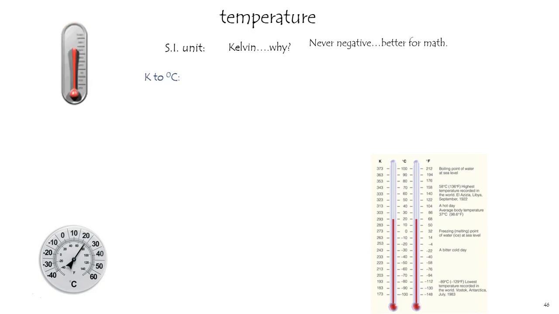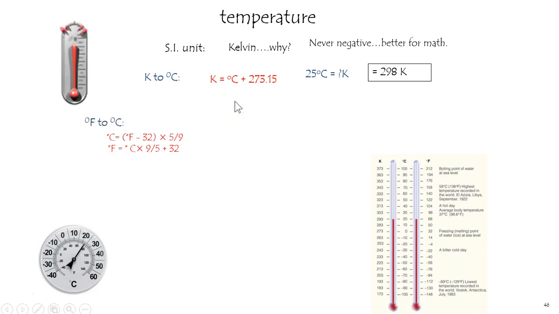If we want to go from Celsius to Kelvin, no problem. Just take your Celsius, add 273, and you've got your Kelvin. Knowing that room temperature is about 298 Kelvin is helpful for making sure you don't go in the wrong direction. And here it is here. If you've got 25 degrees Celsius, that would be 298 Kelvin because you just add 273 to that degrees Celsius